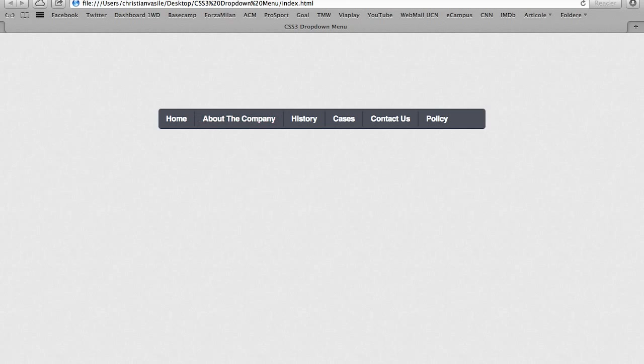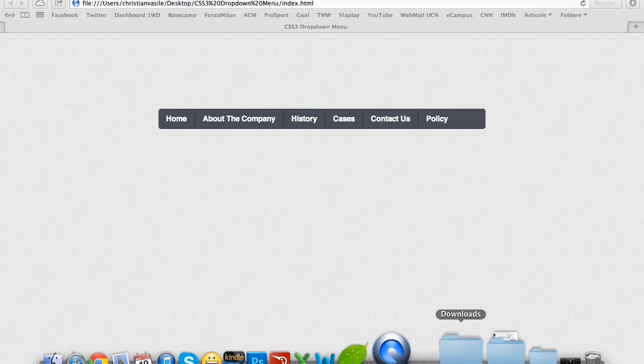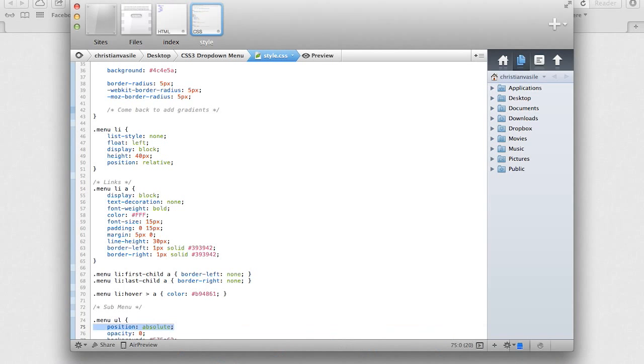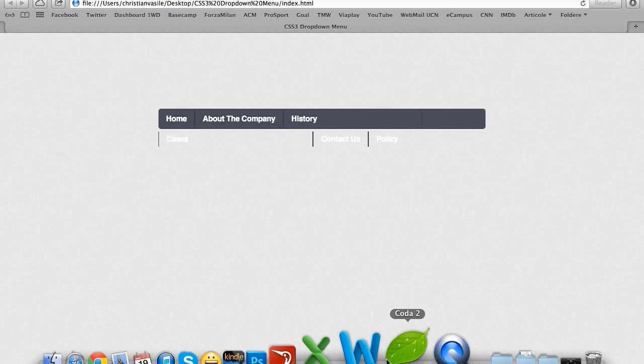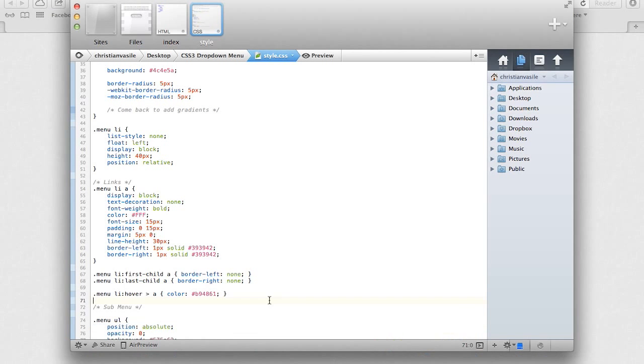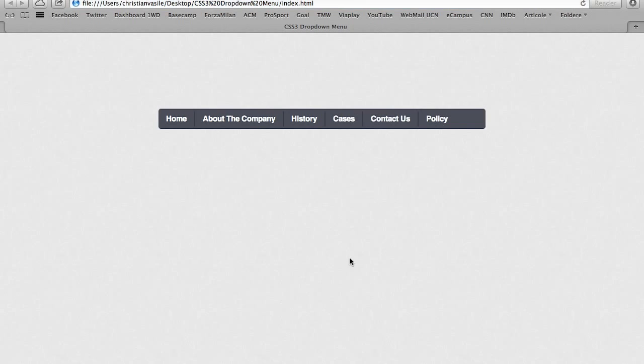Because normally, as you can see here, without position absolute, they look like that. But that's because you have history, then you have the other ones, which right now you can't see because they are opacity 0. So you have all of them here. But now you call the unordered list, you have the position absolute. So this means that this will just fall into place. You already can see that